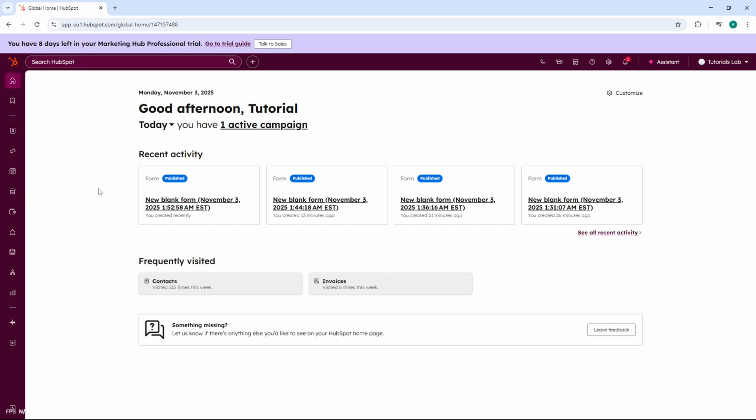Let's start by opening your web browser and heading to HubSpot.com. Once you're there, sign into your HubSpot account using your credentials. If you don't have an account yet, you can create one or start a free trial to follow along. After signing in, you should land directly on the HubSpot dashboard, which serves as your main hub for managing all